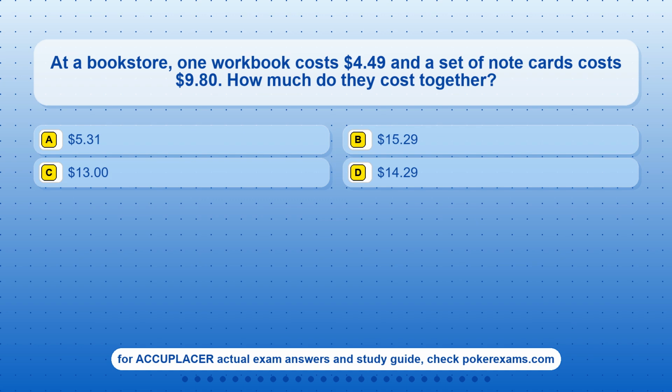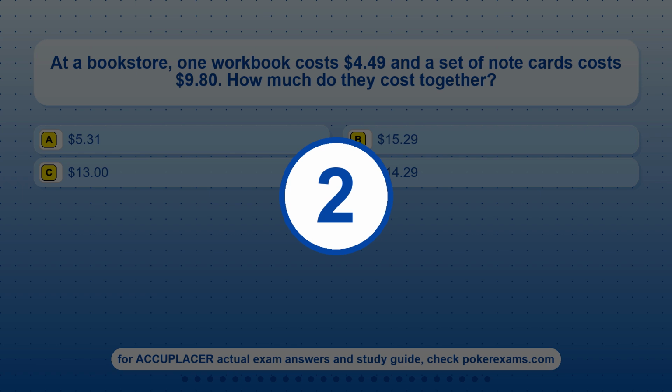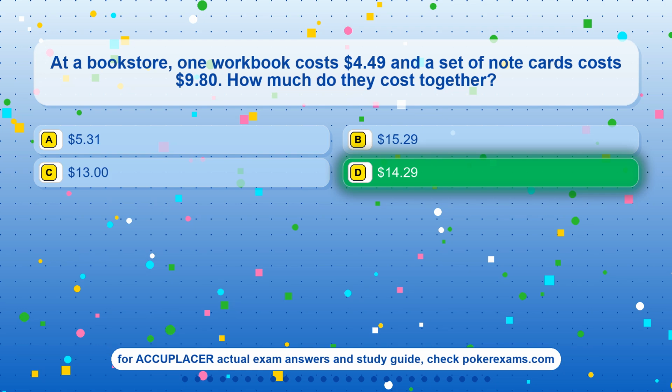Question 14. At a bookstore, one workbook costs $4.49 and a set of note cards costs $9.80. How much do they cost together? Option A, $5.31. Option B, $15.29. Option C, $13. Option D, $14.29. The correct answer is option D,